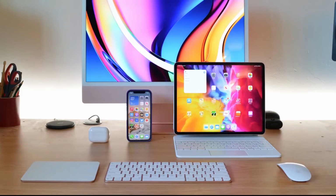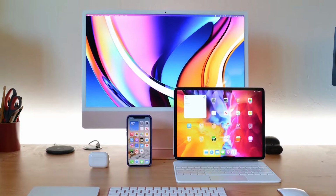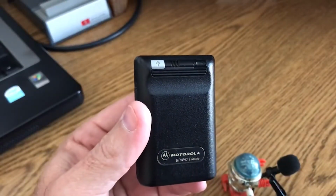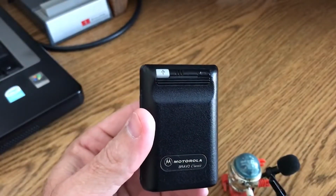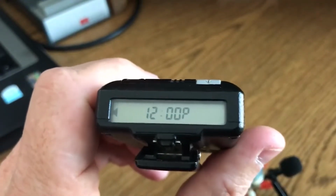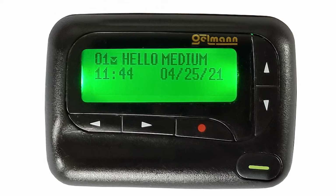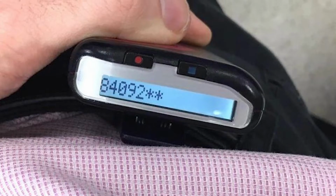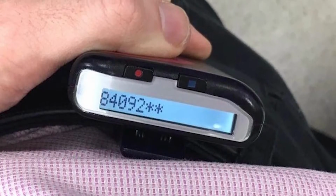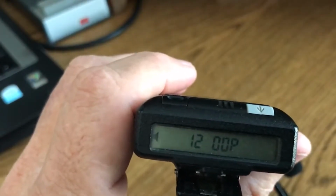Before overpriced Apple products were even a thing, having a pager was considered the status symbol and fashion statement of the 90s. In those days, Motorola dominated the pager market. Today, you might be able to buy a vintage working Motorola pager from eBay. Pagers were patented in 1949 by wireless technology pioneer A.I. Gras. Pagers were originally intended for doctors, although they took some time to adopt the technology because it might disturb